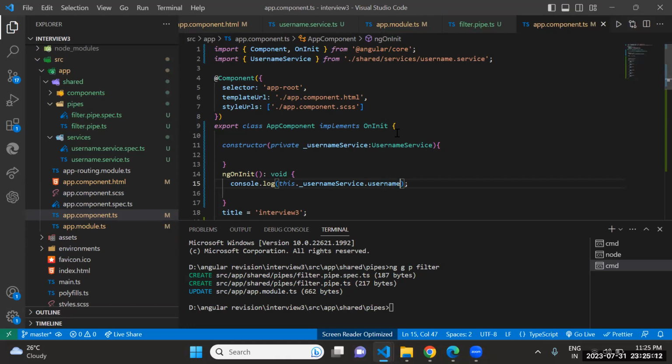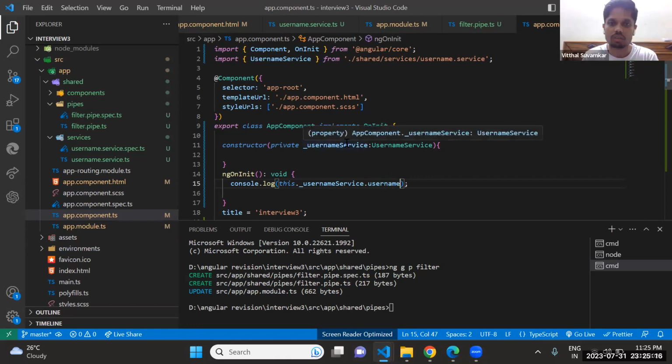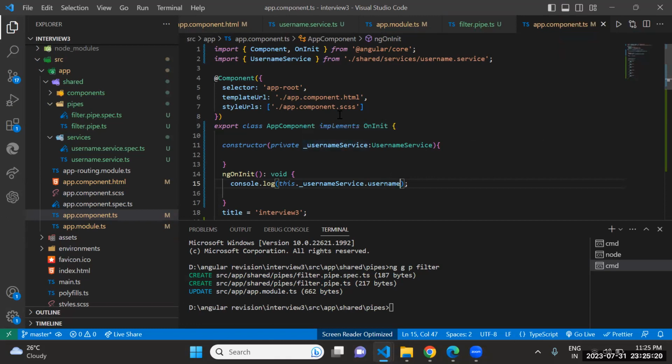Can you click username.services.ts? Yes, sir. Above that, the username.services.ts file. Click on the file. Click on the file, sir. User.services.ts file above.